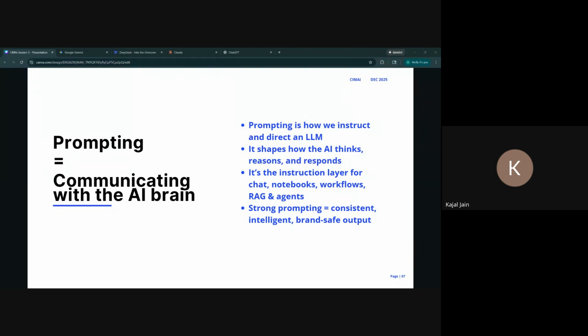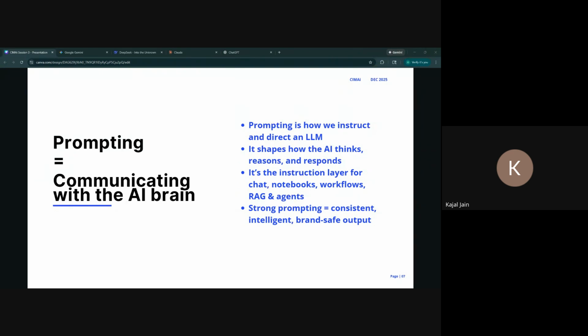Prompting is the structure layer of every intelligent system that we touch. And prompting shows up in LLMs, in RAG pipelines, in Notebook LLM, if you've ever used that, automations and agentic workflows. I'm sure you've heard that prompting is king, and it really is, because it's how you direct the cognition inside the AI ecosystem.